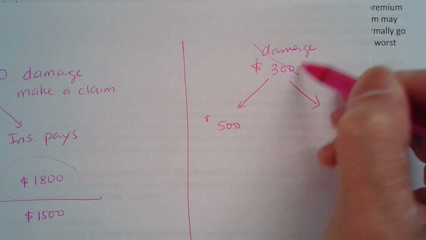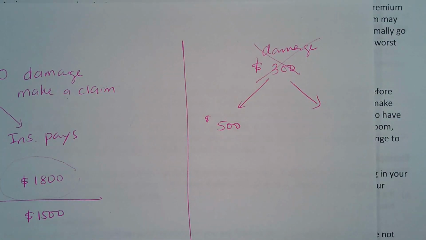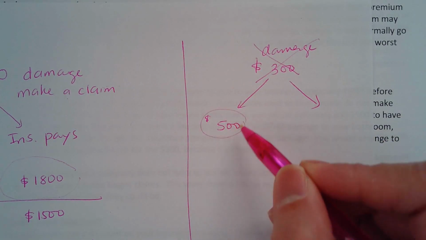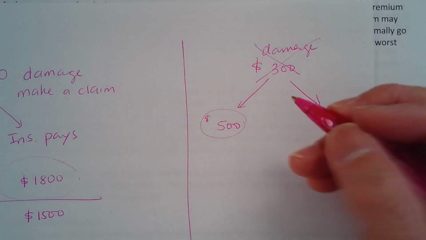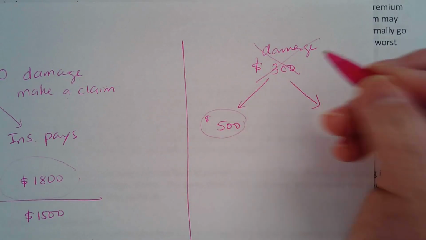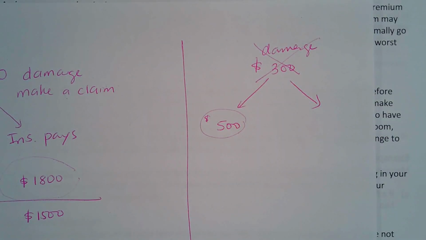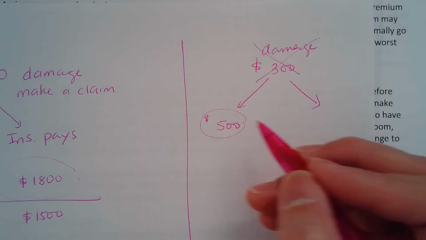We're not going to make a claim for that because our deductible is bigger than the damage. So it's better to just fix it ourselves. Does that make sense? Right? So,